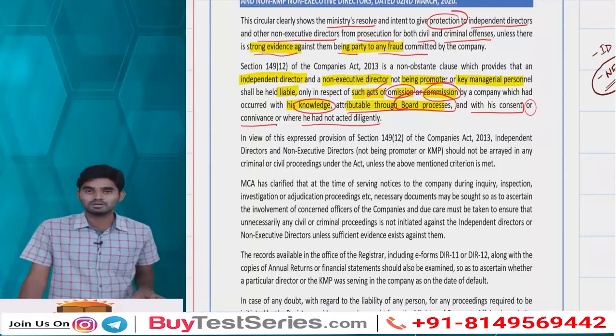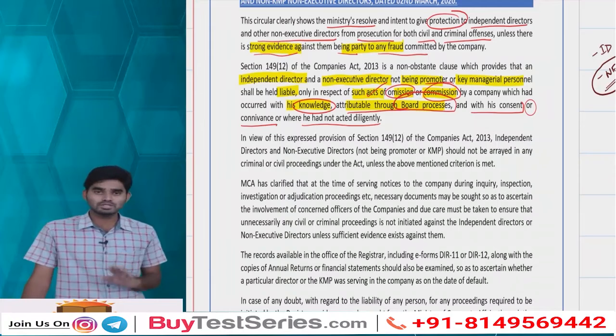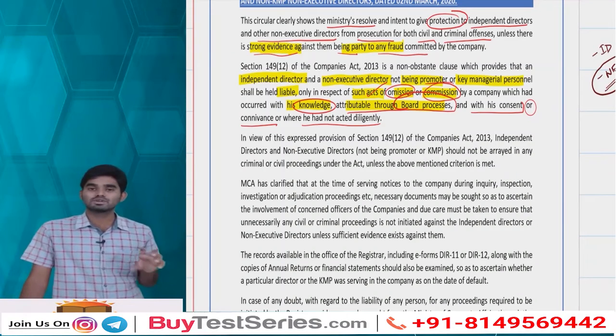these independent directors and the non-executive directors who are not related to the promoter or a KMP will be held liable. So in a nutshell, generally whatever the fraud made by the company, the independent directors and the non-executive directors shall not be held liable. Non-executive directors, you have to mean that they are not related to the promoter or a KMP. So the general rule is that these directors will not be held liable and they cannot be made subject to